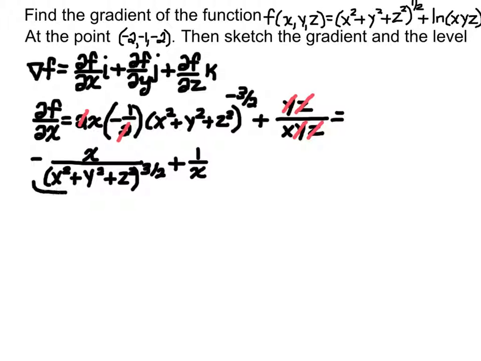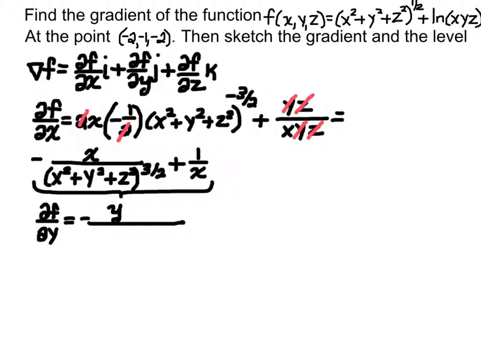So this is the partial derivative of f with respect to x. If we use the same procedure, we'll find that the partial derivative of f with respect to y is negative y over x squared plus y squared plus z squared to the 3/2, plus 1 over y,